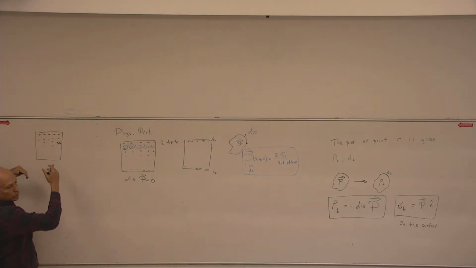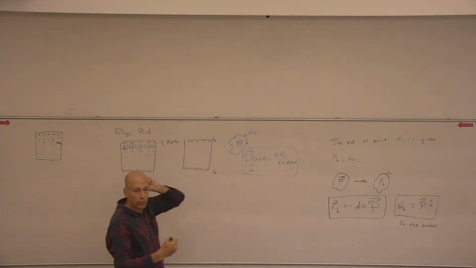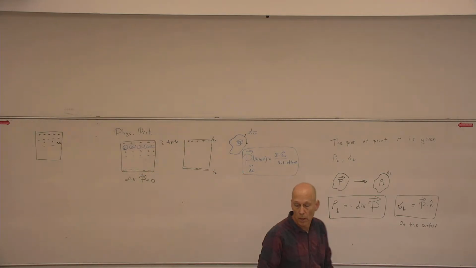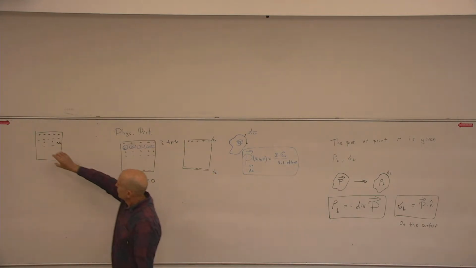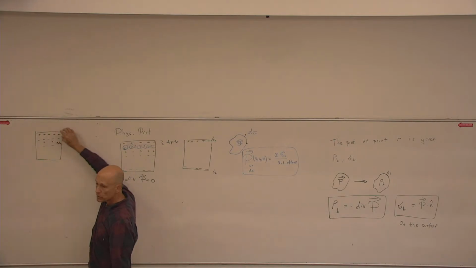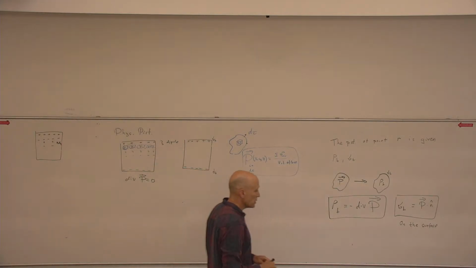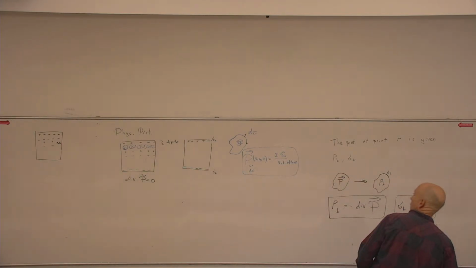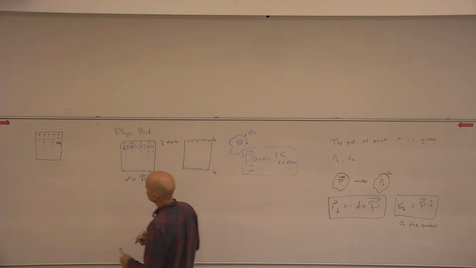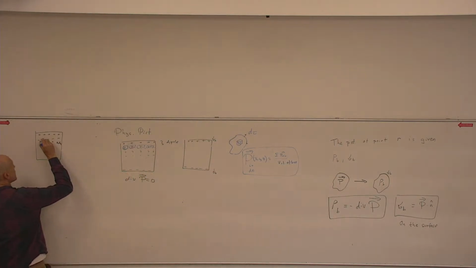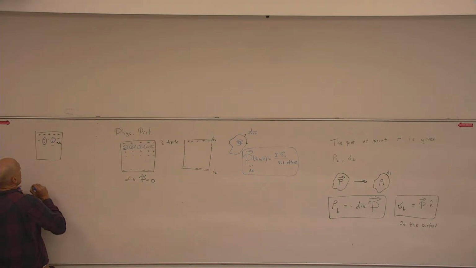So why do I do that? That means that the div P is going to change, right? Because the density here of the polarization field and here is different. It's changing in space. Now what happens is that some of these, we can look at which ones are cancelled. This guy is cancelled. This guy is cancelled. And